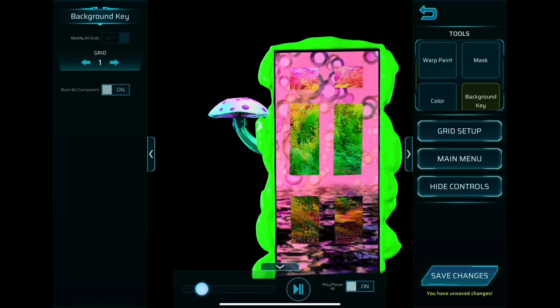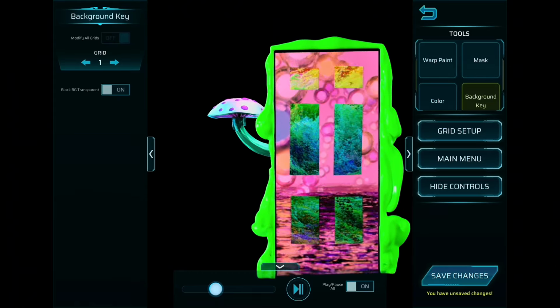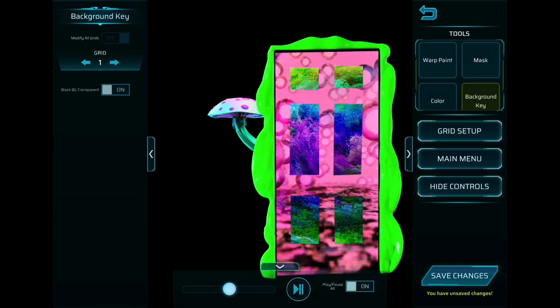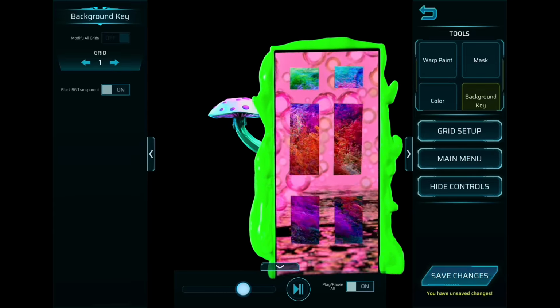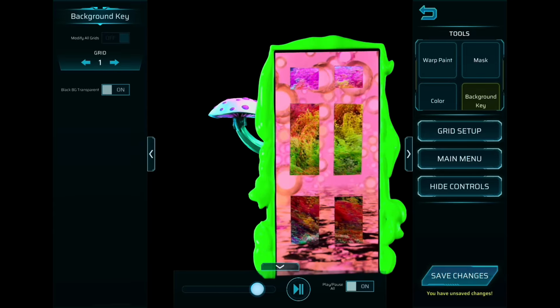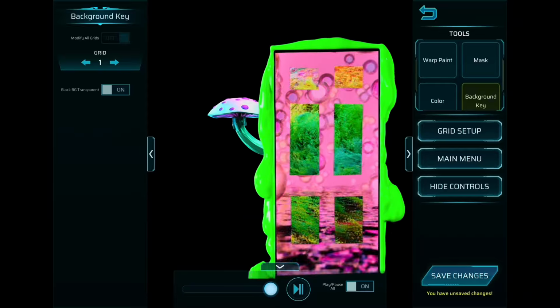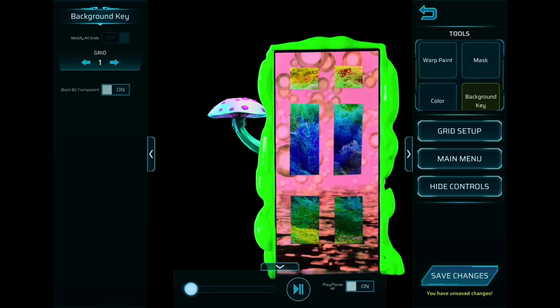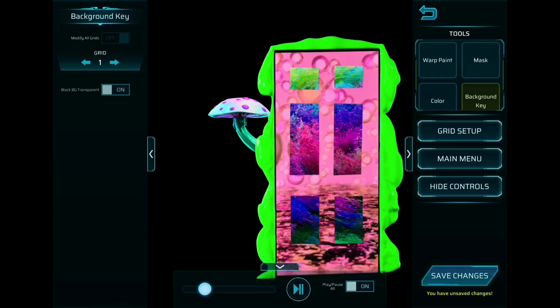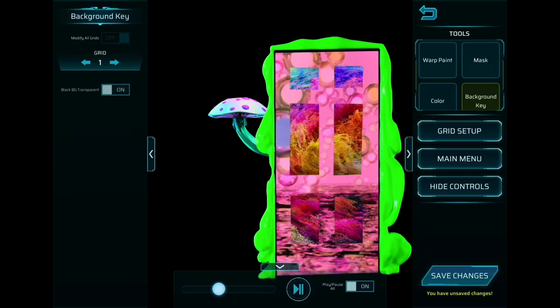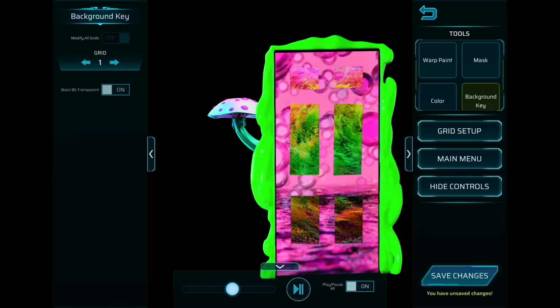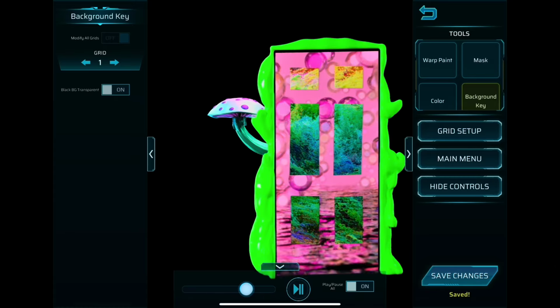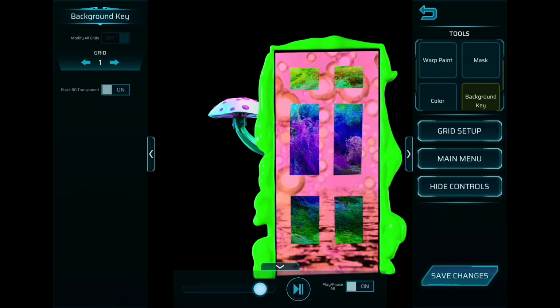So with it on, this masks out or keys, uses like a color keying, kind of like the same concept as green screen, but it gets rid of like pure black. And this tool is going to be updated to have a little bit more control. But what that means is you can add,